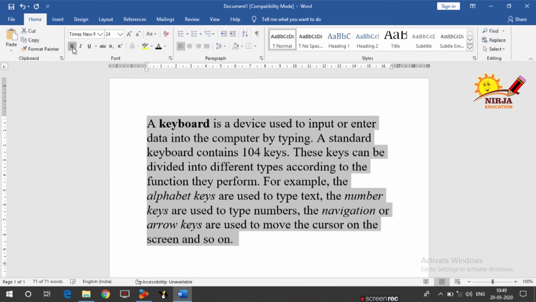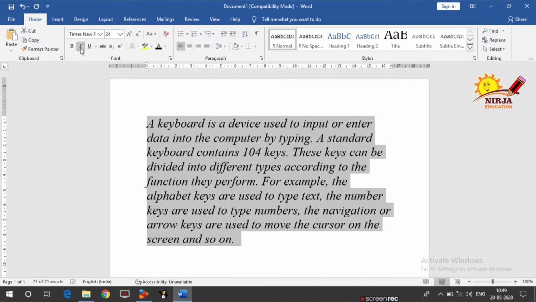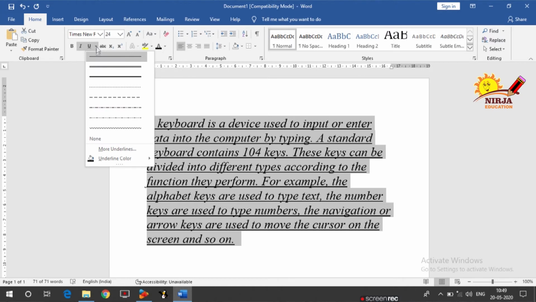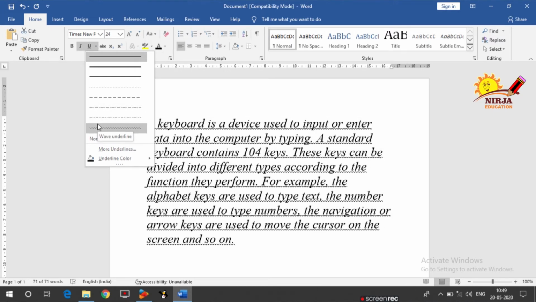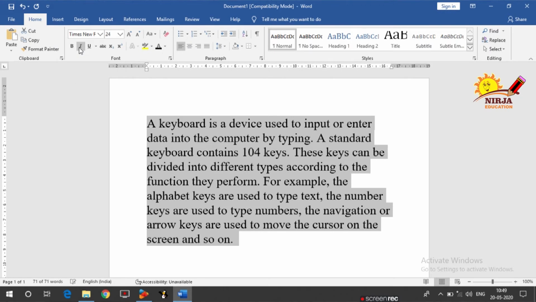Then the bold button, as you can see on the screen, it will help you to brighten your text. Then italic, it will italicize your text, and the underline will give you an underline. In underline we have so many options. You have to click on the drop down arrow and you can go for any kind of underline. So if you are making a heading of the chapter or heading of the paragraph, then you can go for this kind of underline. So I am going to select normal underline, which I am going to remove by clicking on the same button. So this was about bold, italic and underline.